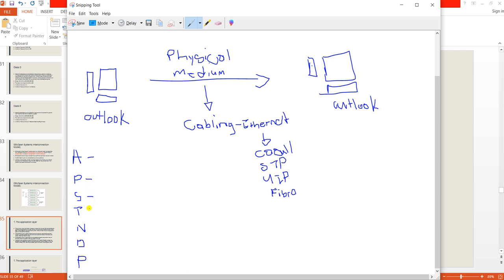We name the layers in descending order from top to down. We start with the application layer, we end with the physical layer. In this instance, I'm trying to explain the application layer. So I've drawn out the interpretation in terms of explaining the OSI model,